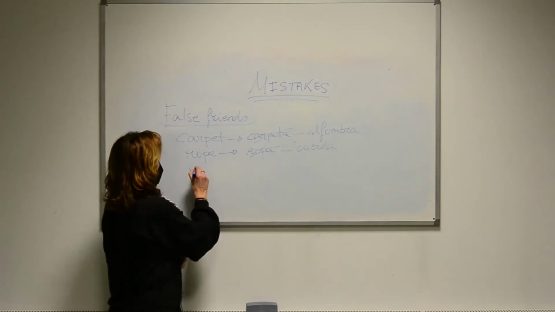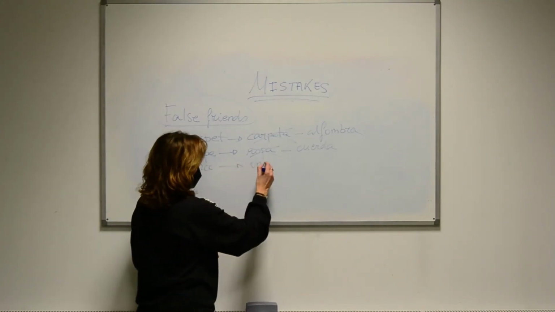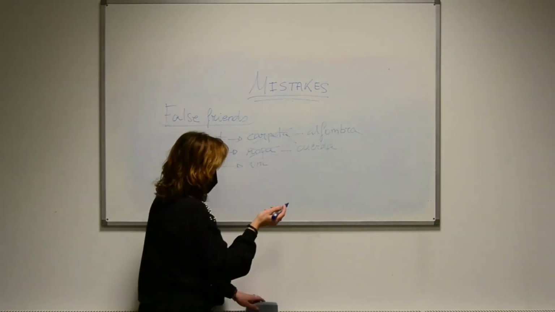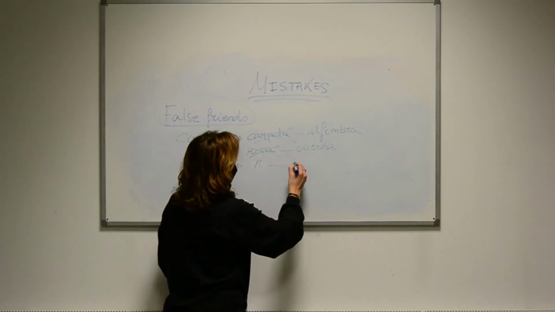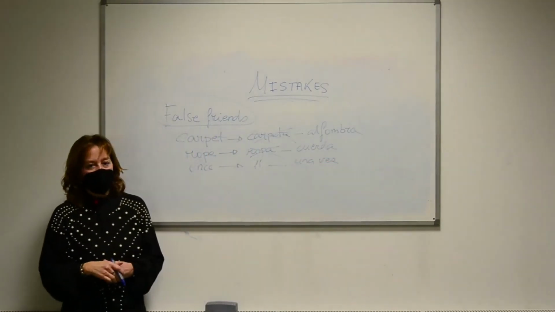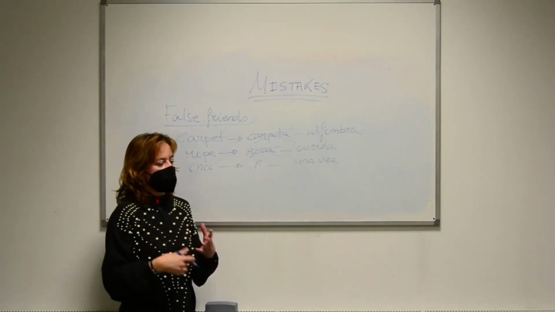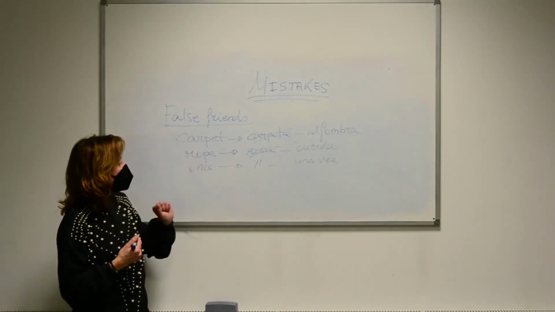Once, for example, is not once. Well, the number 11 here, like in Spanish. It's una vez, once, one time. It's an adverb that indicates once, en una ocasión, as opposed to more occasions. Carpet, rope, once,